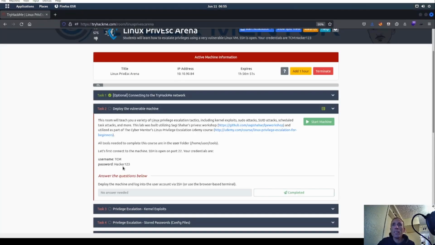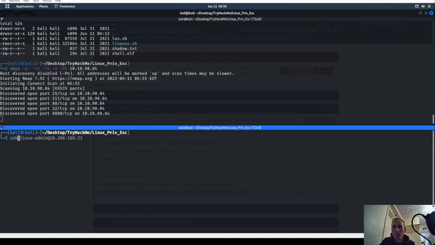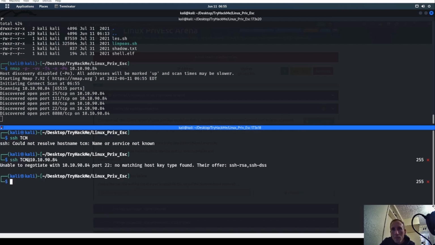So let's check out that TCM, then hacker123, it looks like. Let's try that out first. Let's SSH into TCM at the IP address, right? And the password,